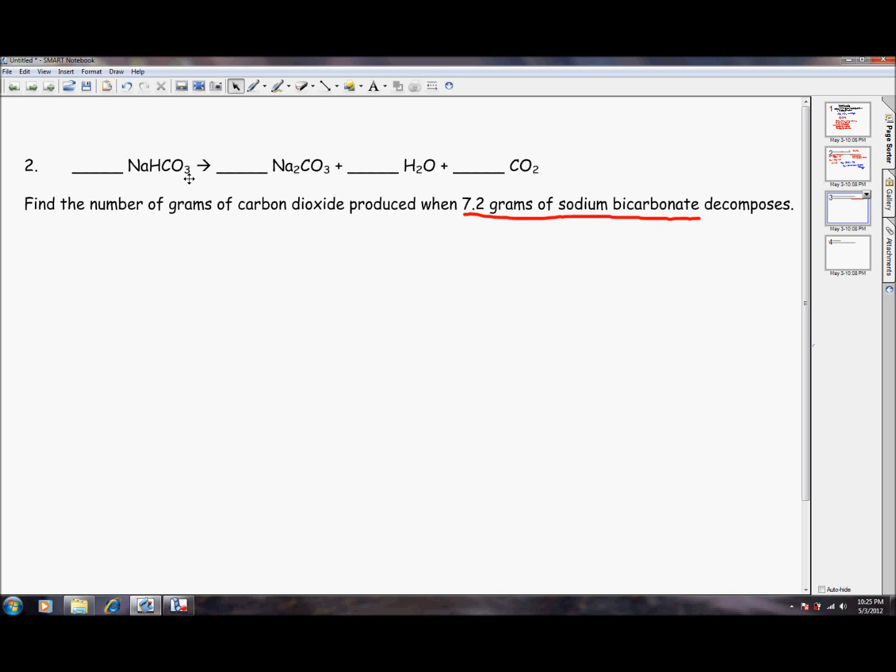Alright, this is not balanced, so we better do that real quick. Okay, we'll put a 2 here. I need 2 Na's, so that gives me two carbons, which now I have. And this gives me 2 times 3 is 6 oxygens on this side. I've got 3, 4, 5, 6. Okay, so that was pretty easy to balance. Now remember,